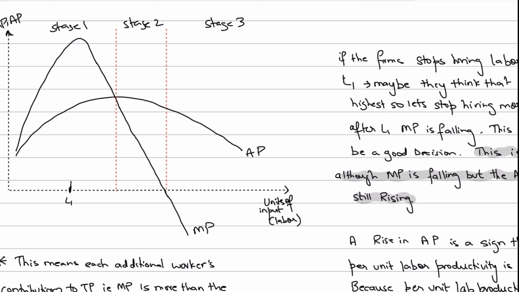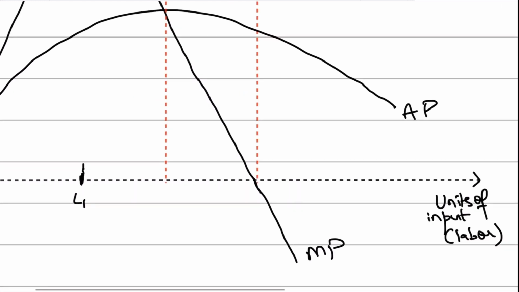So although these 4 workers would be employed to work on those fixed factors, maybe to work on that fixed machinery and land, what we are saying is that right now the firm is underutilizing its fixed factors. It could employ more workers, and that would be beneficial for the firm. And the reason is that, by hiring these, this is L1, by the way, these 4 workers, or let's say L1 workers,